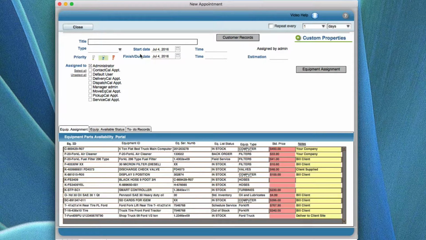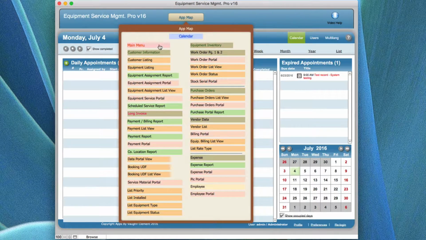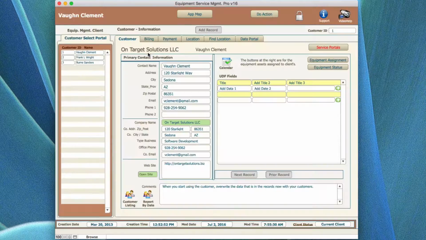Okay, so now we're ready. Let's say we're going to go to the back end. We did not have a client, and we're going to go ahead and create the client. We close this, go up to the application map, go to customer information, and in the customer information screen, the